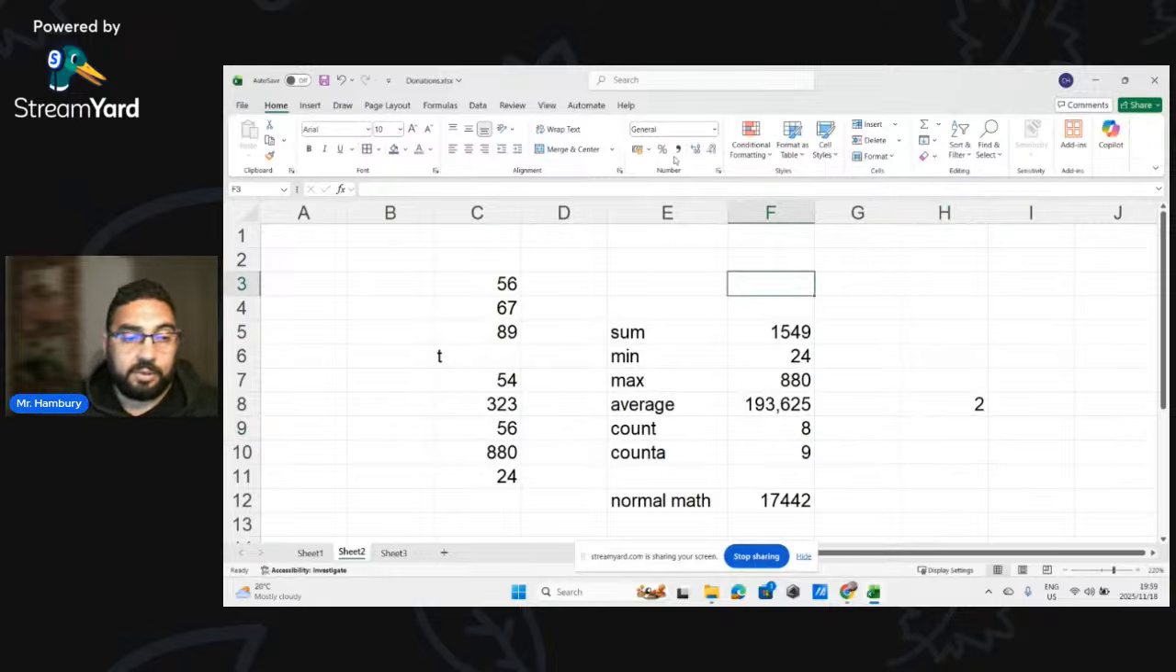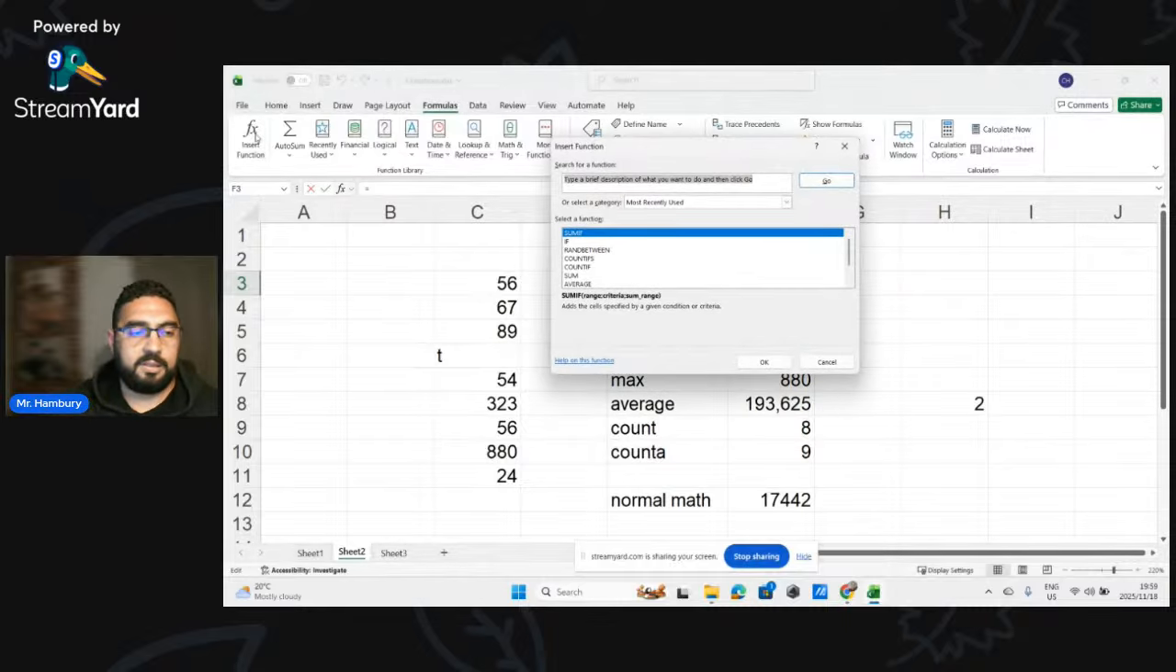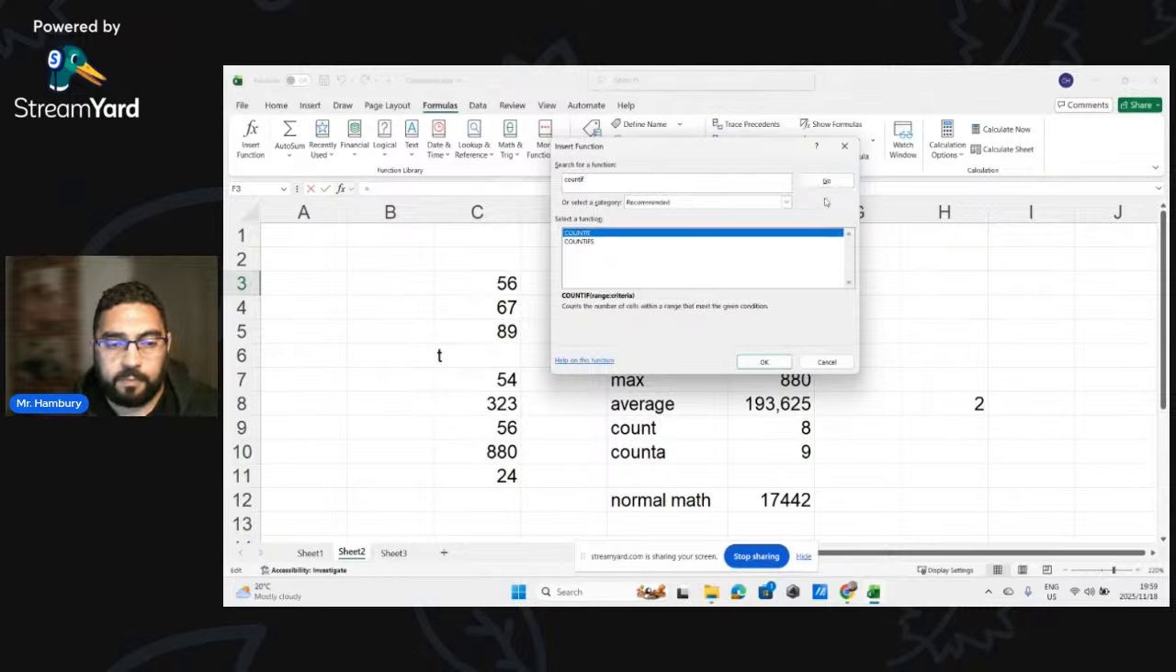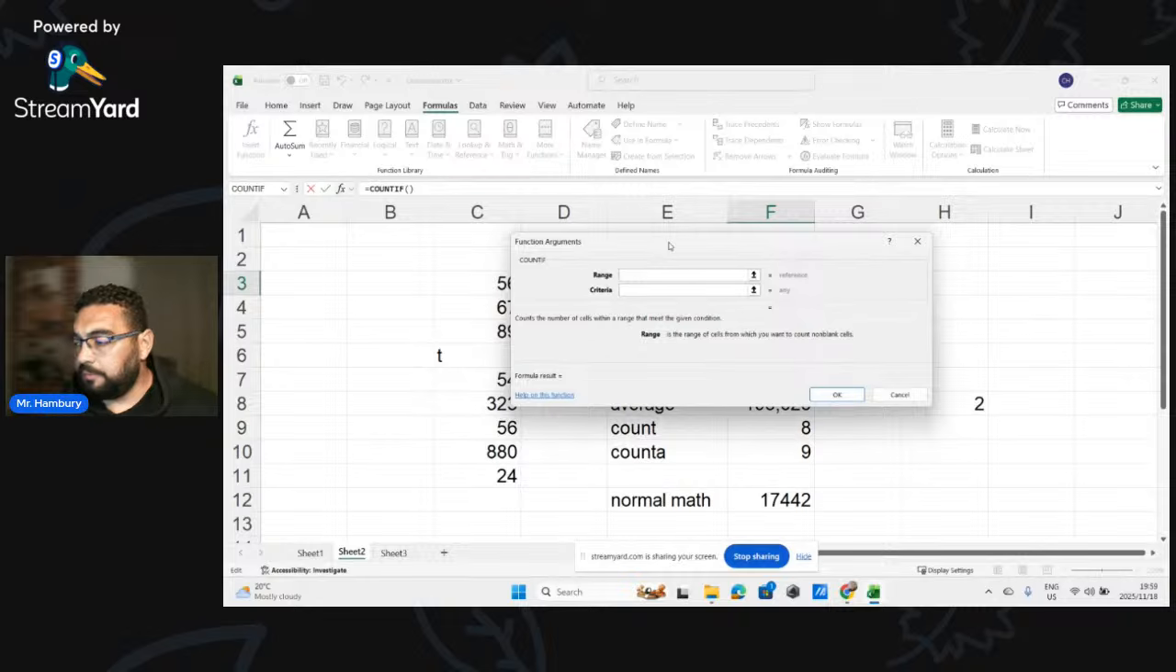If we go equals count if, so I'm going to go formulas, insert, and I'm going to look for the count if. Now, can you see it's asking me,